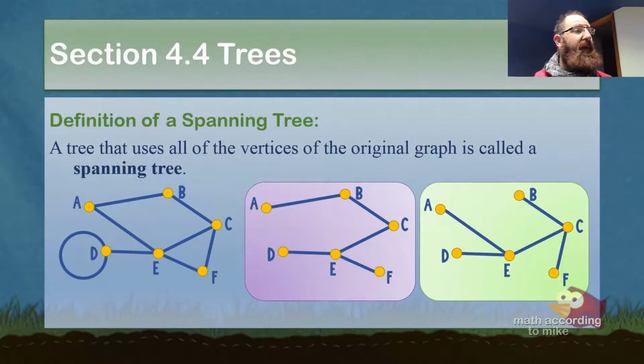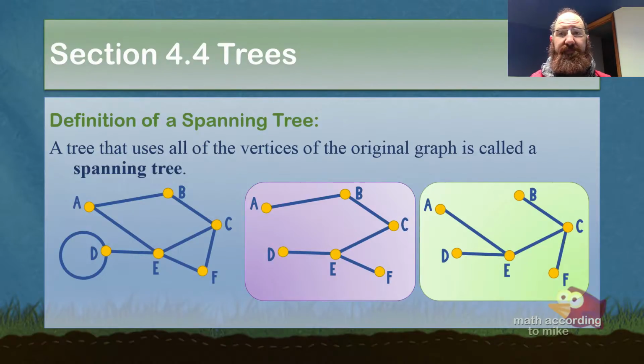So here's the next one. A tree that uses all the vertices of the original graph is called a spanning tree. Well, I kept the green one the same. I modified the purple one. So these are both spanning trees for the original graph. Notice in both, and also in the previous slide there, did I include the loop? Nope. Why didn't I include the loop? Because a loop is a circuit, and that's bad. Okay, very good. So a spanning tree is a tree that uses all of the